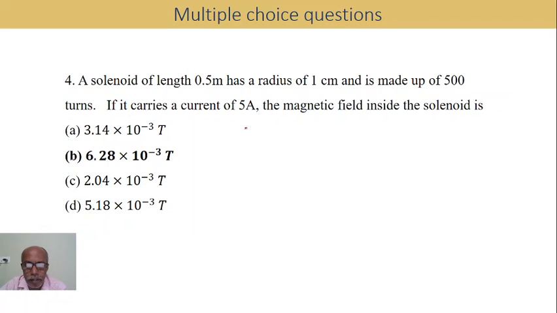The magnetic field inside the solenoid is B equals mu naught N I by L. That is equal to, mu naught is 4 pi into 10 power minus 7. The value of mu naught is 4 pi into 10 power minus 7